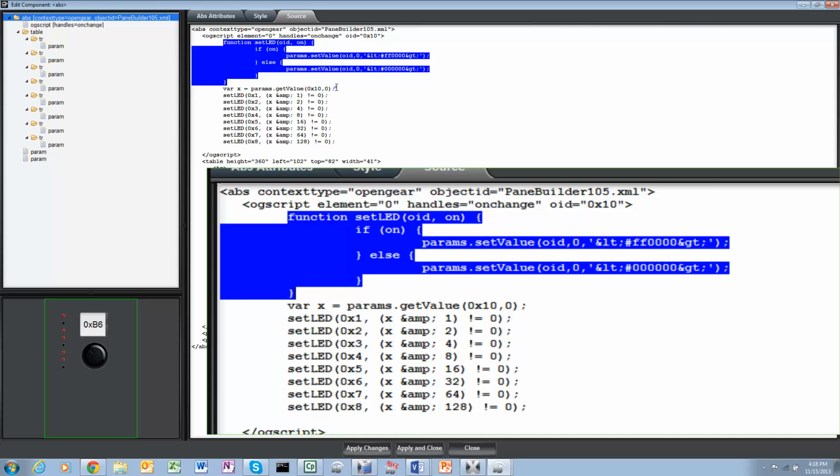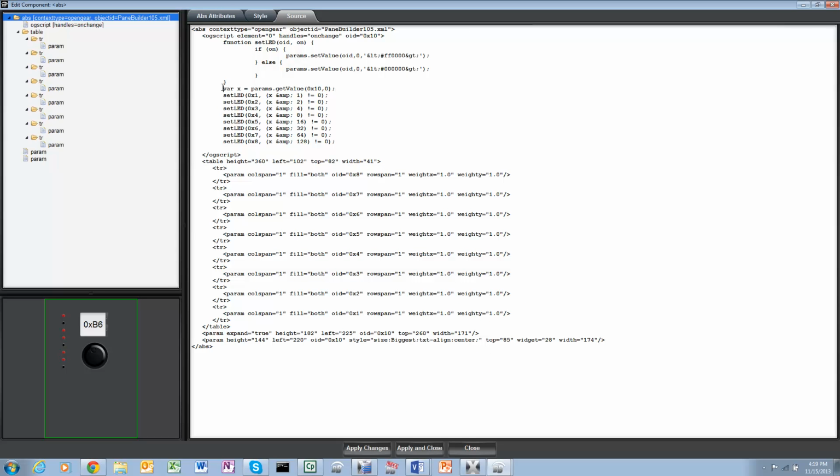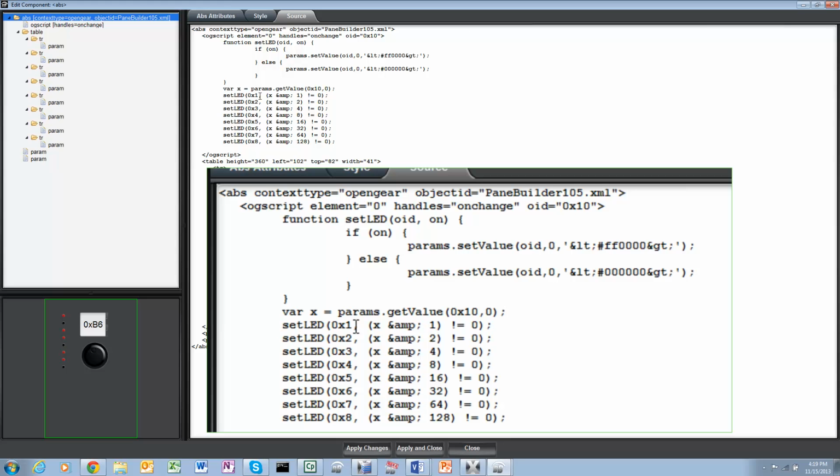So I get the value of the parameter, and then I just call setLED 8 times with ascending powers of 2 as the thing I'm doing a bitwise AND against the argument with.